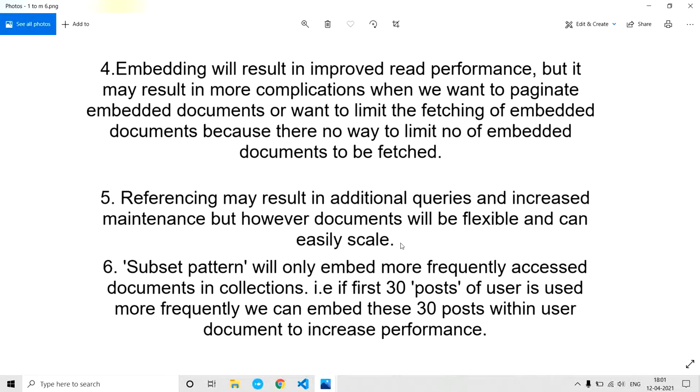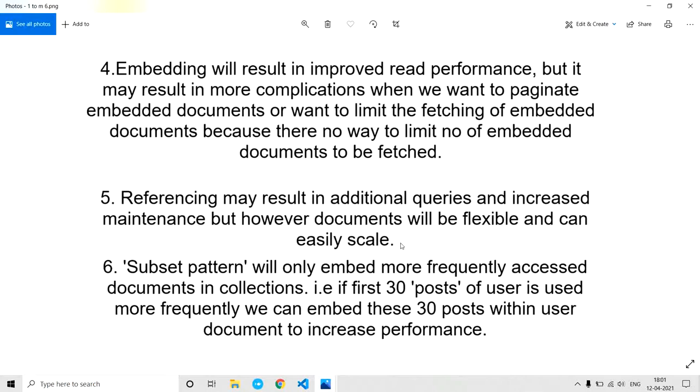So we only store those recent posts in the user table, so that we might avoid an extra query on those pages where we display the 30 most recent posts of a user. A subset pattern is nothing but embedding the more frequently accessed documents in the collection.